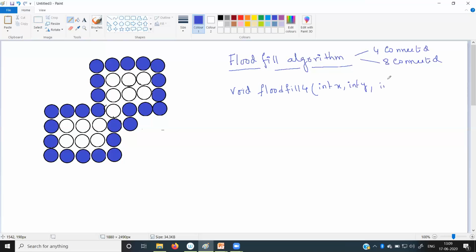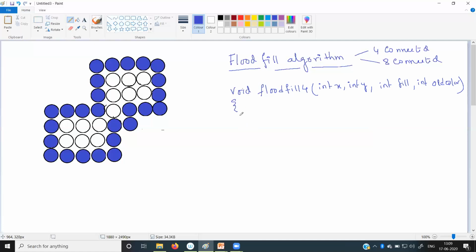Then we send the fill color, the color with which I want to fill the polygon, and then the old color. Old color is nothing but the background color of the polygon, the previous color of the pixel. In our example, the old color is white.